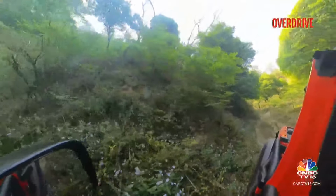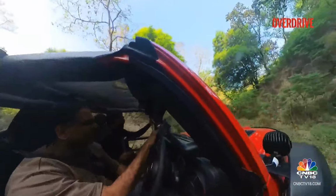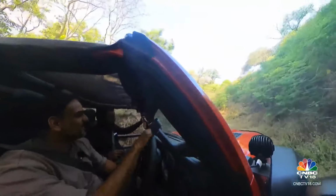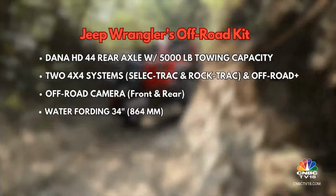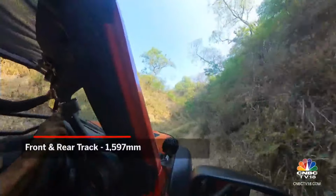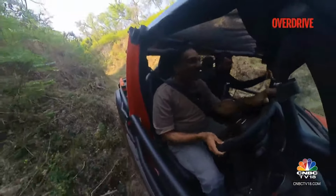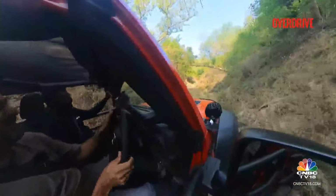Now, this is not a man-made course. This is not something that was tailor-made for the car. Well, in a way it was, by nature, not by people. This is where the Wrangler truly feels at home, in the middle of the wilderness, in the middle of all the sand and rock and trees and shrubs. And while you have all that serious hardware in this car, it just makes it so effortless. I mean, look how close I am to the elements. Like with the doors removed, with these bars in place, I'm literally one with nature. And if you really enjoy that kind of stuff, that is where you appreciate what the Wrangler and especially the